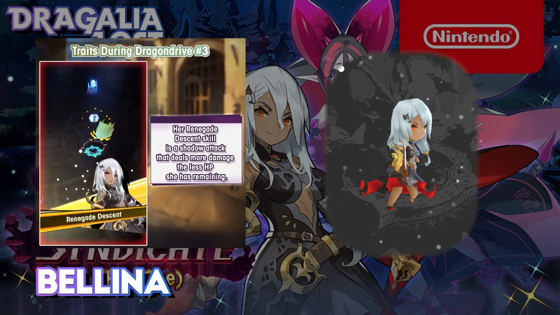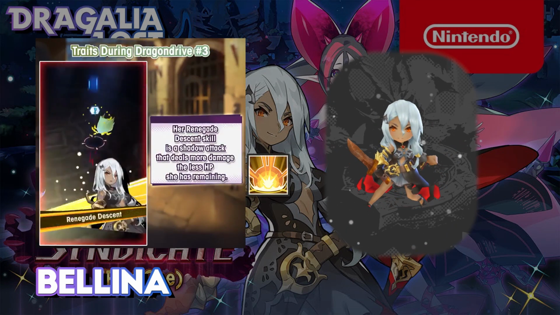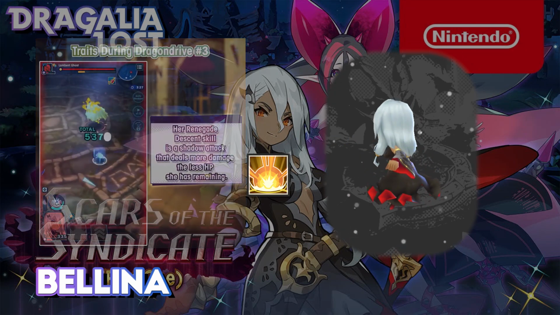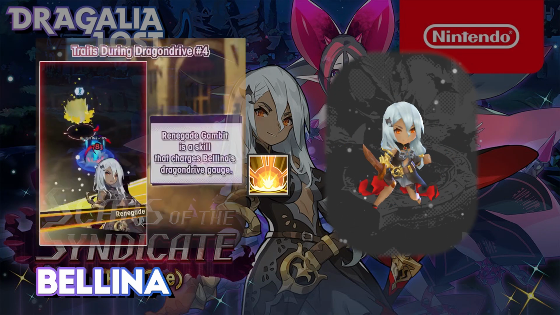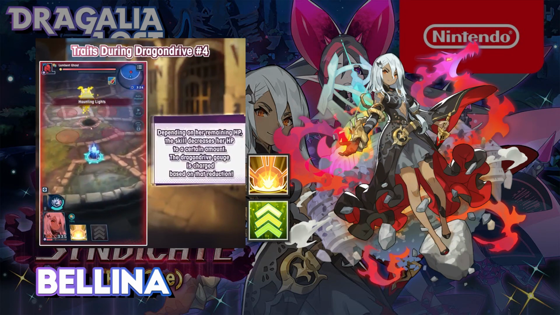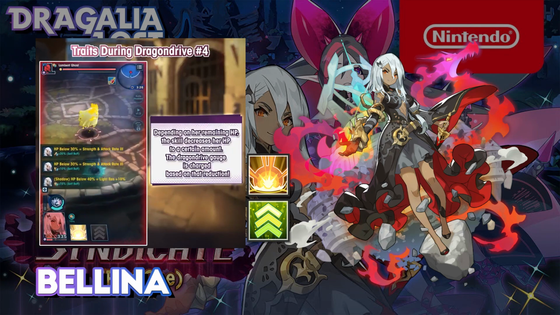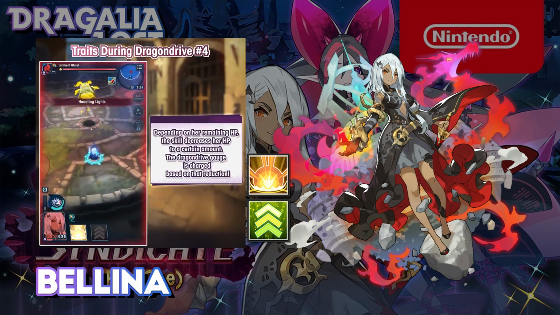Bellina's first skill is Renegade Descent, dealing 1 hit of damage to a target and nearby enemies, with damage scaling up as Bellina's hit points decrease. Her second skill is Renegade Gambit, filling 30% of her Dragon Drive gauge. If Bellina has 30% hit points or more, she drops to 30% hit points and gains additional gauge relative to